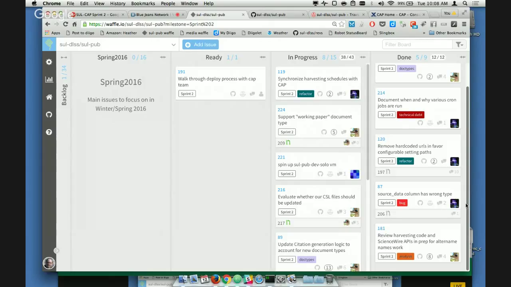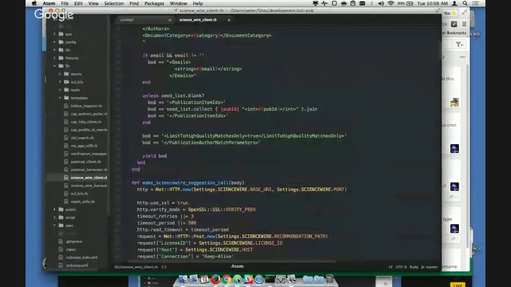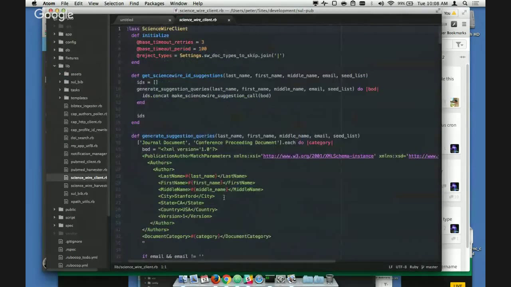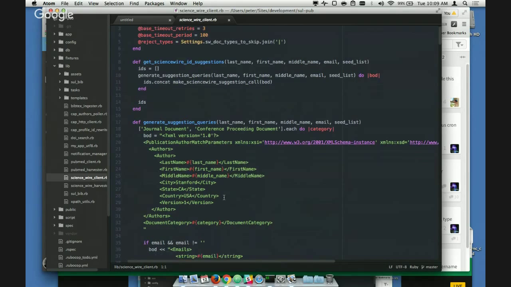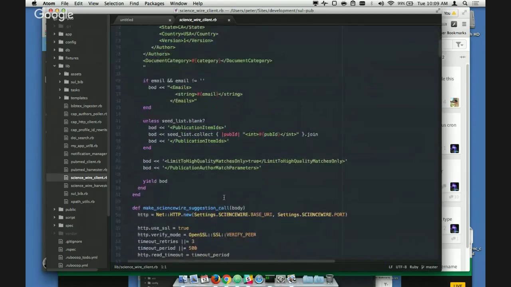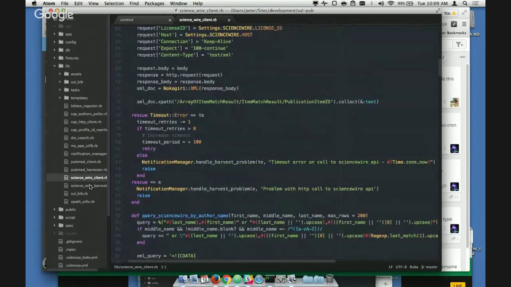We did a couple review sessions of the code, particularly the harvesting code. So there's a harvester which goes out to the Thomson Reuters API. So they are the company that manages and aggregates publication information, and we call their API to harvest this every 2 weeks currently. And so we review the code around sort of the ScienceWire client and the ScienceWire harvester